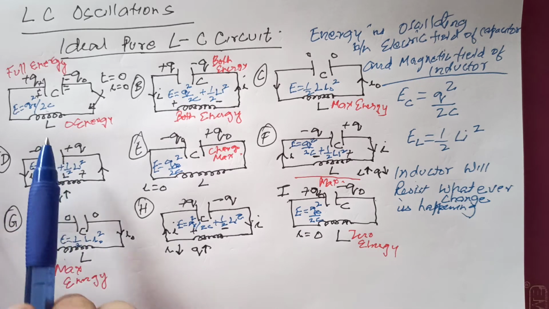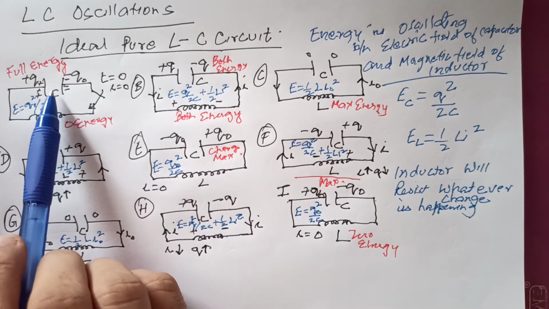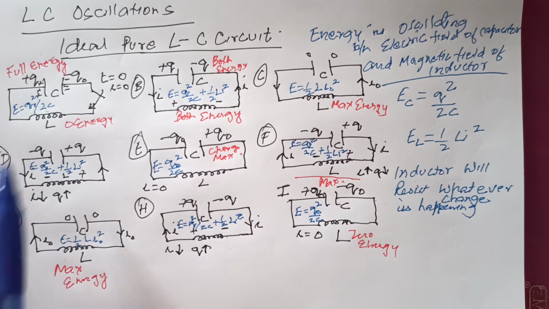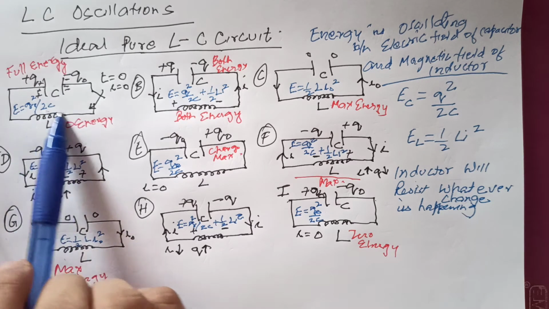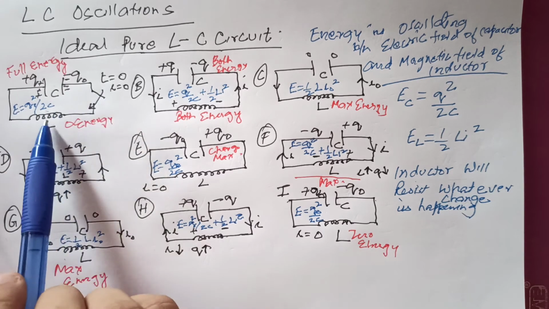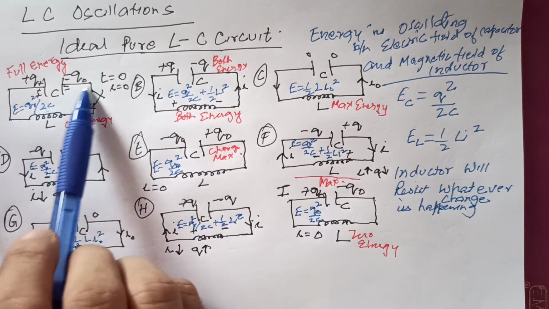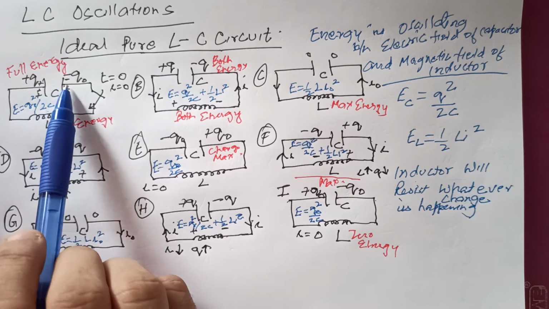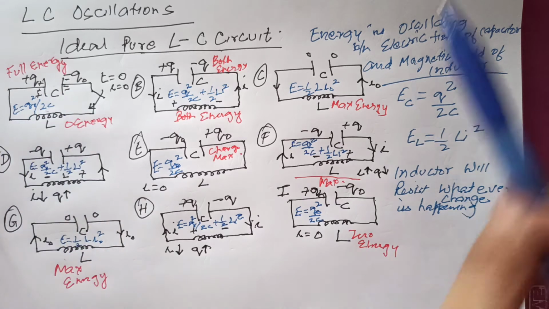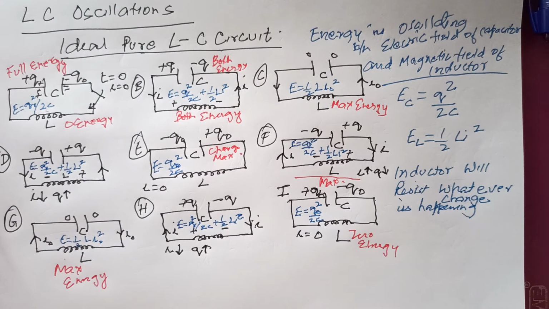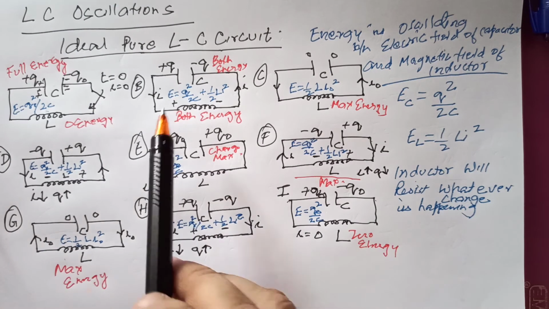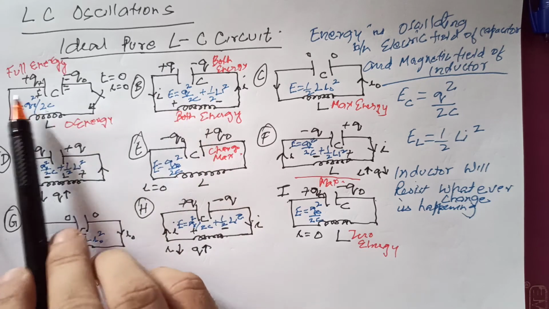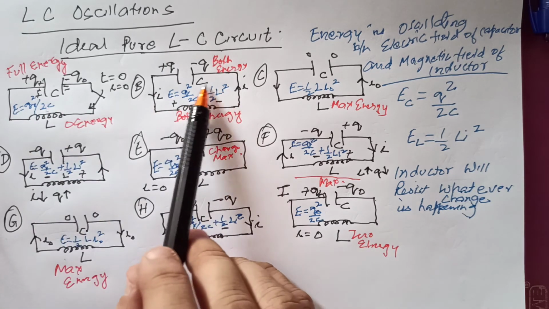Here, at this point of time, the capacitor has the entire energy and there is no energy in the inductor, because the current is zero. So the total energy of the system is E = Q²/2C, which is the energy of the capacitor. Okay, now in the second step, in figure B,